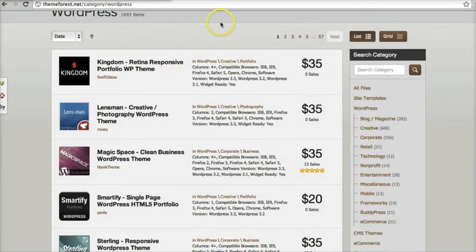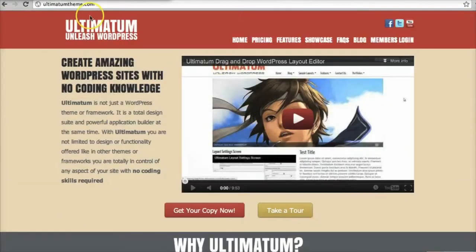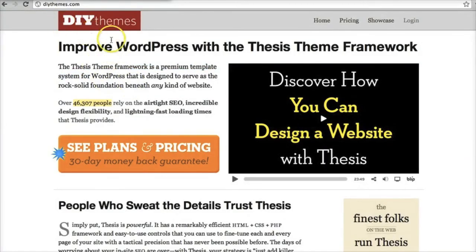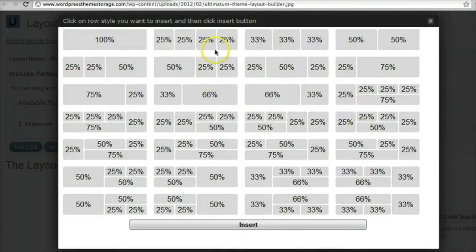So what is the alternative model? Well, the alternative model is not diversification, it is kind of monopoly. It is the one-stop shop model. And we see that at work, for example, with Ultimate, the WordPress Ultimate theme, with Headway themes, and probably the most well-known is DIY Themes' Thesis theme. It's a huge theme, made a big impact. And what do these themes have in common? They are sorts of basic canvas. They're like a canvas on which you build. They offer you building blocks, and you can place the building blocks in a way to create your own theme, okay? So it's a different model.